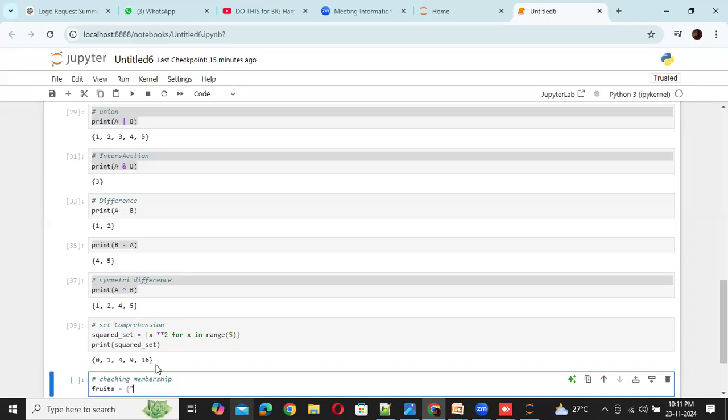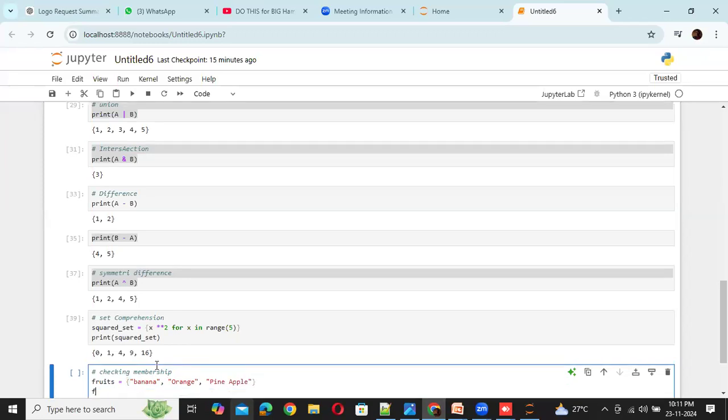I just say banana, orange, cherry, and I like pineapple. And this will give you the fruits when you use print fruits.